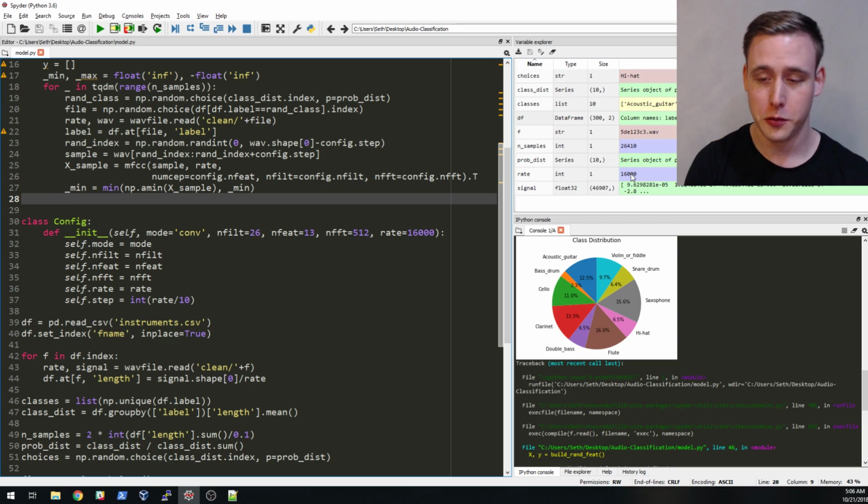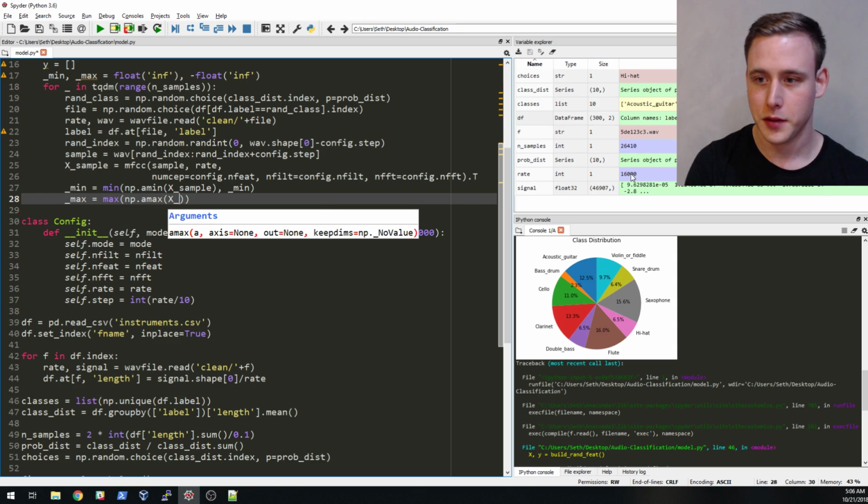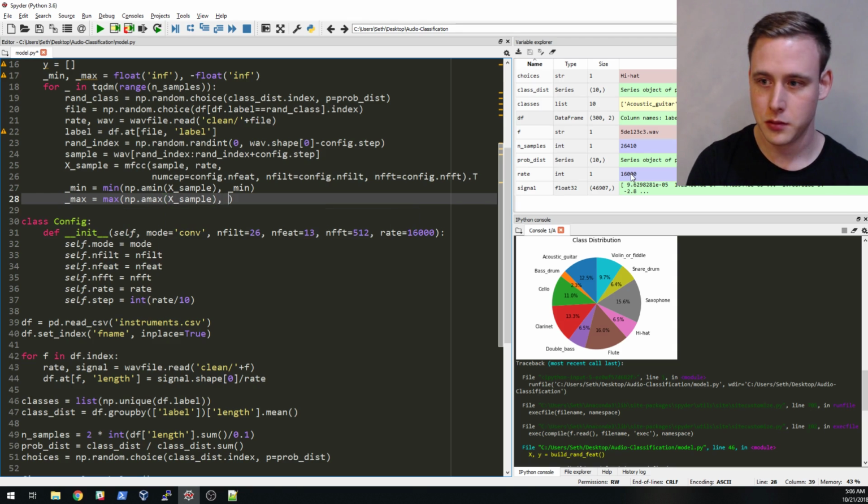It's like, do we have a new minimum? All right, let's update it, and then we'll create a maximum, which will be the numpy.amax of X sample, max. Okay,